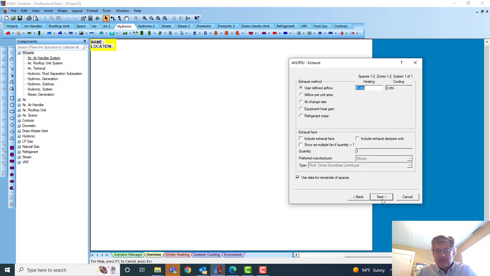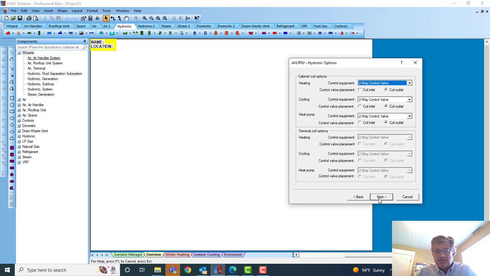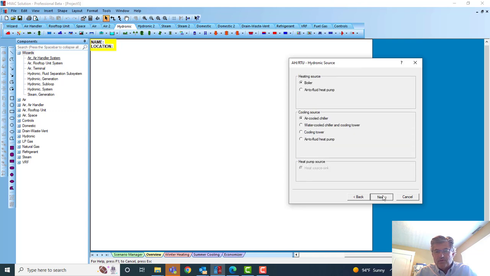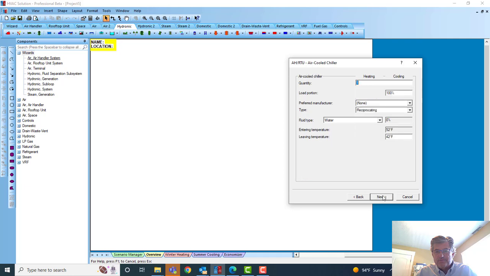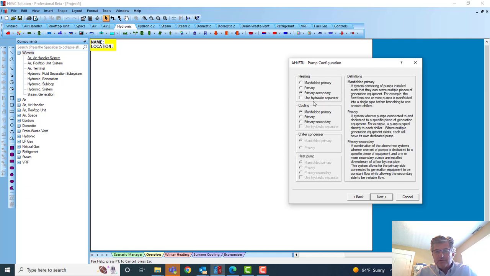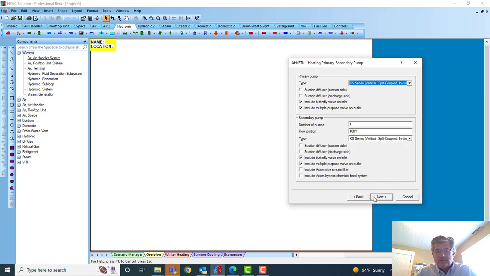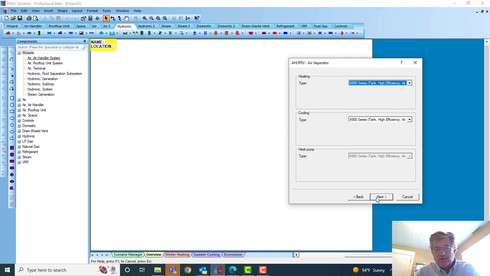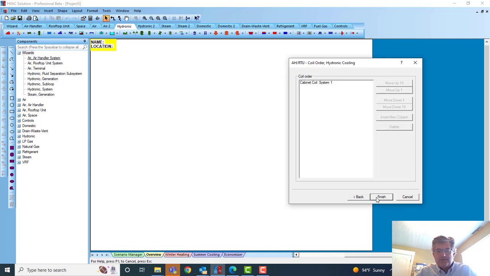Office building, exhaust, no exhaust. Control valves, we want 2-way control valves on the different coils. One boiler, an air-cooled chiller. Okay, we've seen this many times. Primary, secondary, manifolded, number of pumps. If all goes well, expansion tank, air separators, I should have me